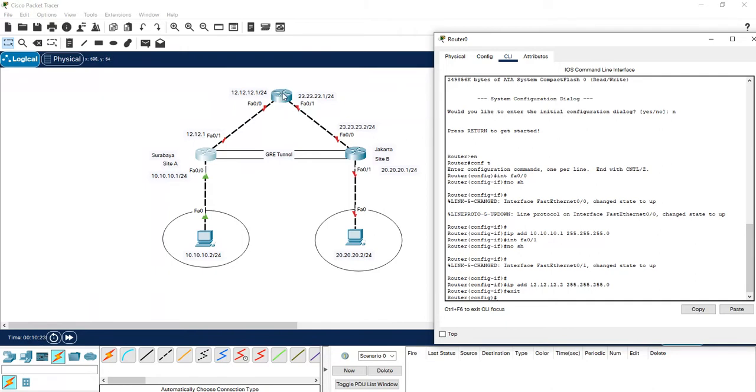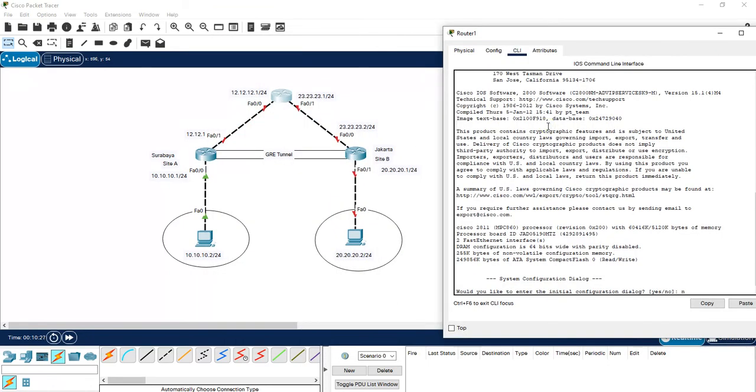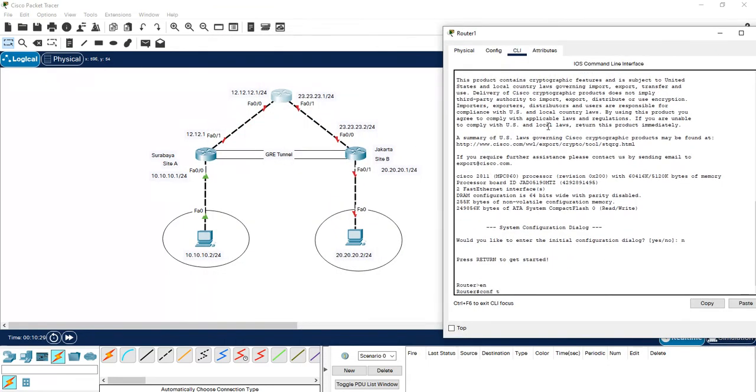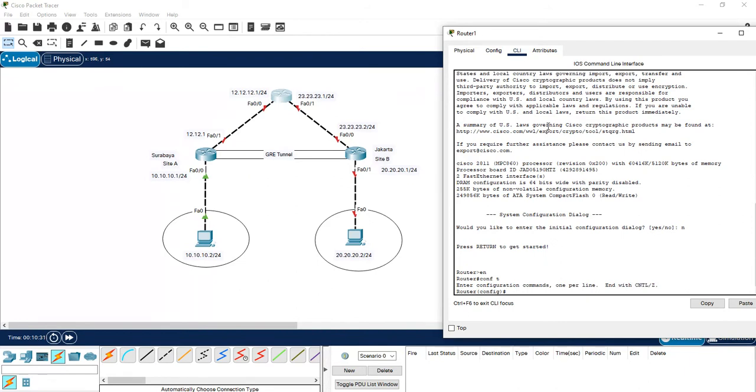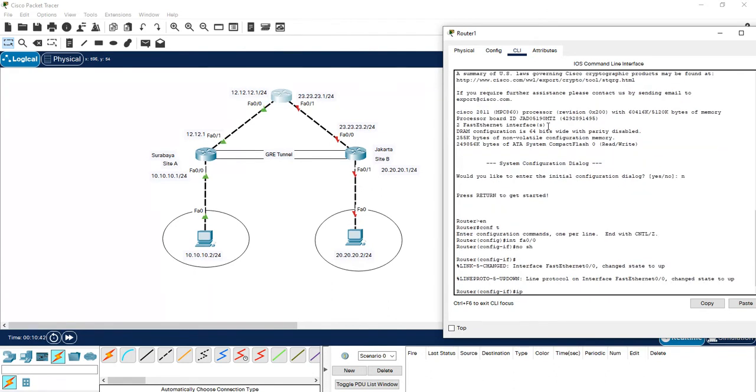Then we move to router 2, CLI, enable, configure terminal. Then we get in the interface 0/0, no shutdown.